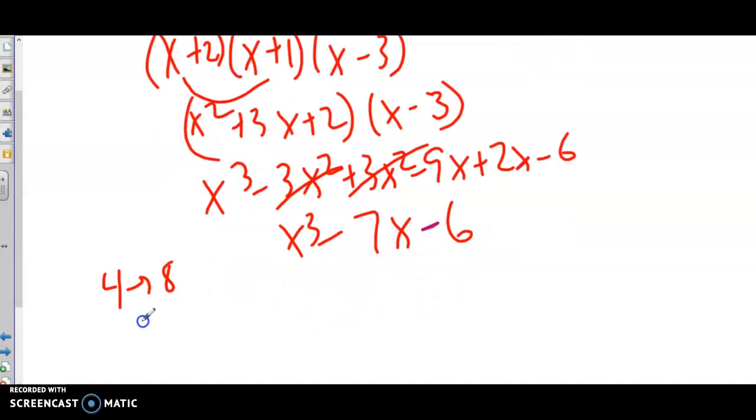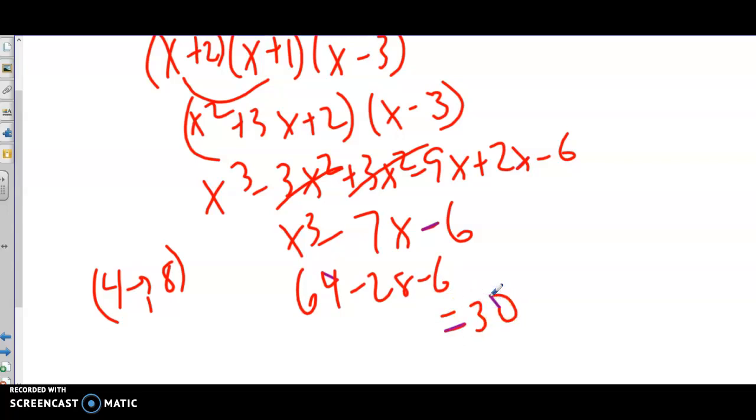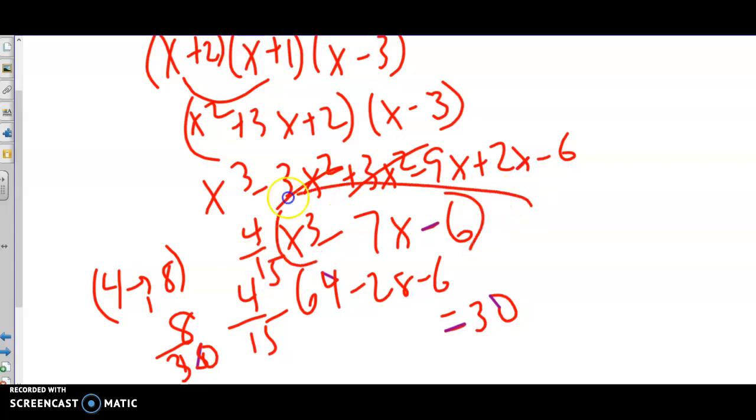But then they add that a 4 must yield an 8. So if I put a 4 in here, I'm going to get 64 minus 28 minus 6. So I'm going to get a 30. In order to get a 30, I'm supposed to get an 8. So I really need 8/30ths of this, sorry, which makes 4/15ths. So I have to multiply this polynomial by 4/15. So my final answer is going to be 4/15 times x to the third minus